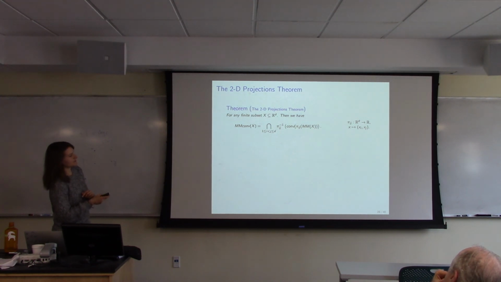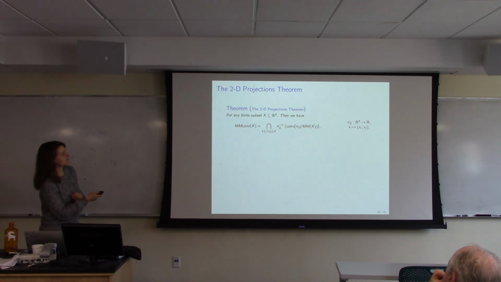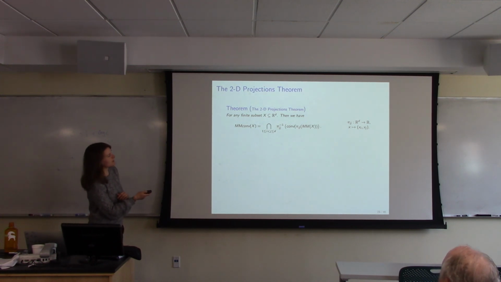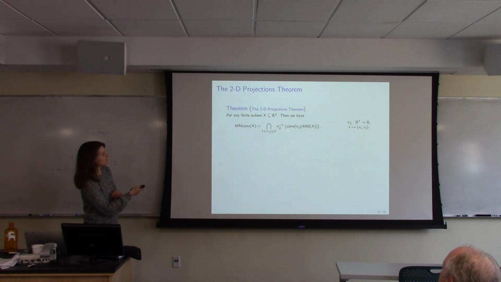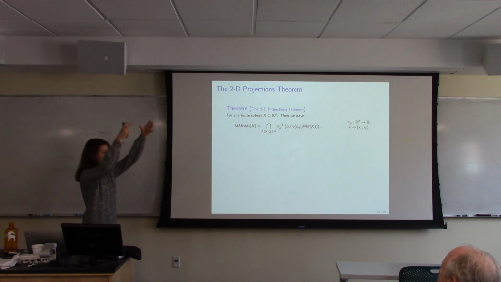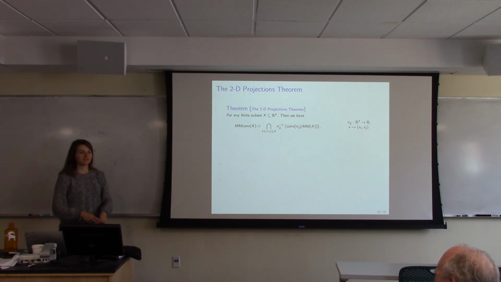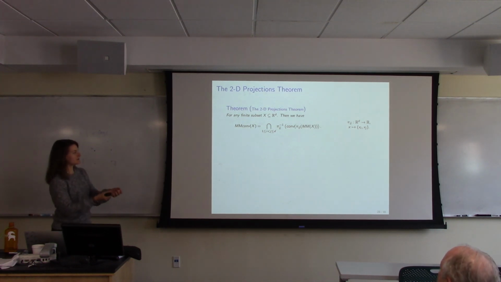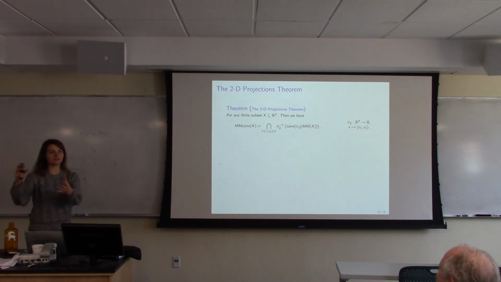And then you do what we did in the previous slide. You can just take the min-max closure of X to begin with, and then project onto the ith and jth coordinates. Take the convex hull of that. What I mean by project is you just take the ith and jth coordinates of the point, take the convex hull, and then you take the pre-image, which is kind of like a cylinder. So you take all possible points that have these ith and jth coordinates, and then you intersect for all i and j. And so you intersect these cylinders, and then you get the min-max convex hull.